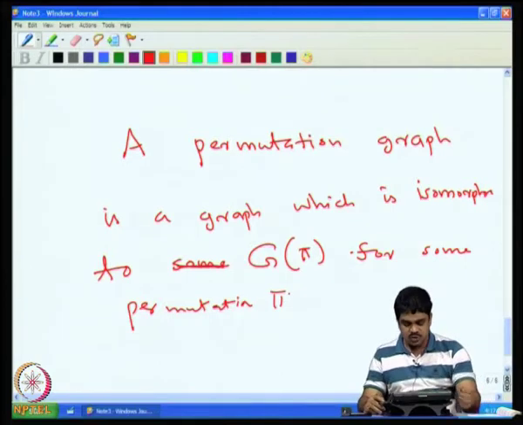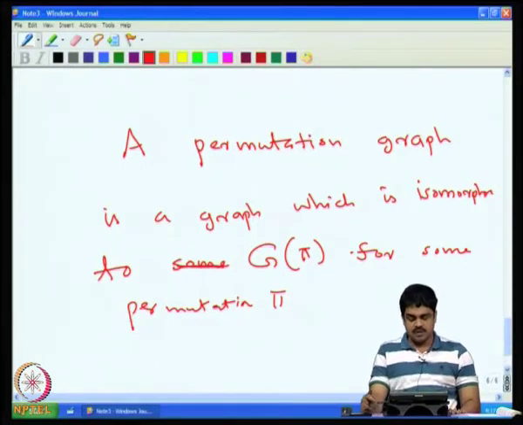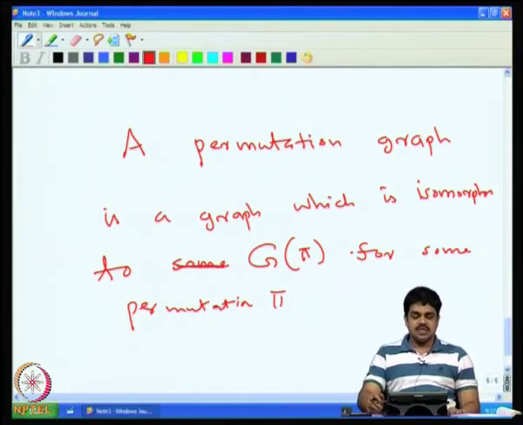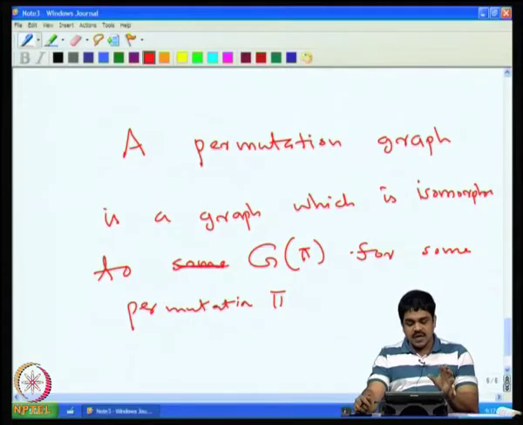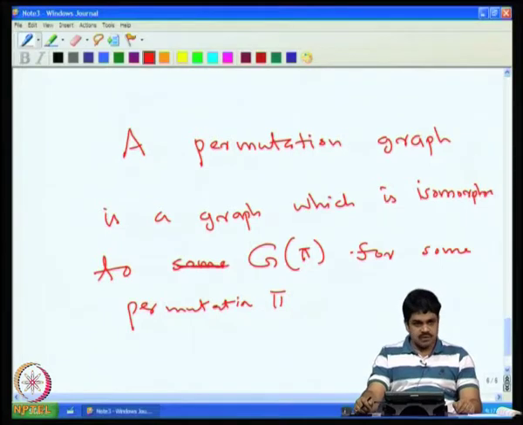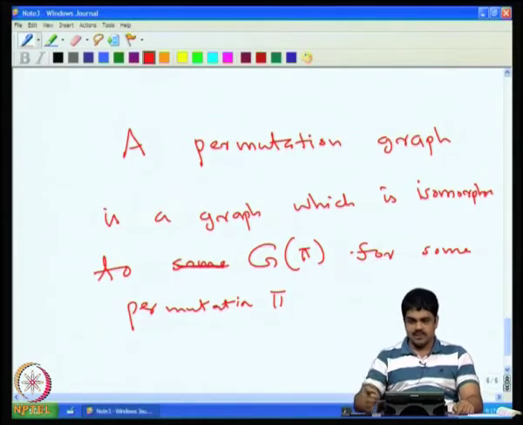What is G of pi? G of pi is the graph corresponding to that permutation. So, in other words, the issue is that we have to demonstrate some permutation. If you want to show that this graph is a permutation graph, you have to demonstrate a permutation